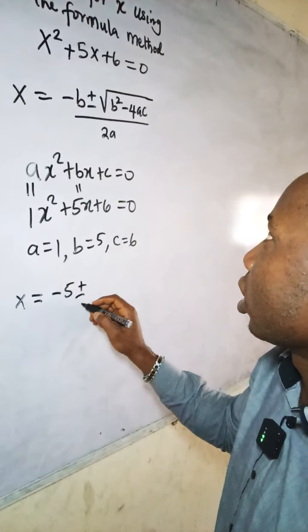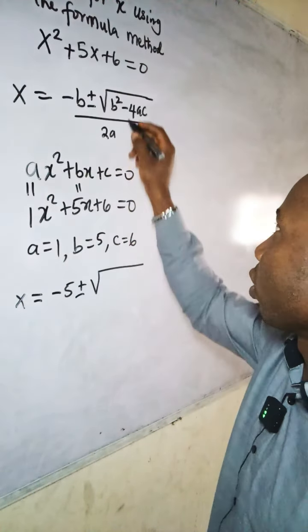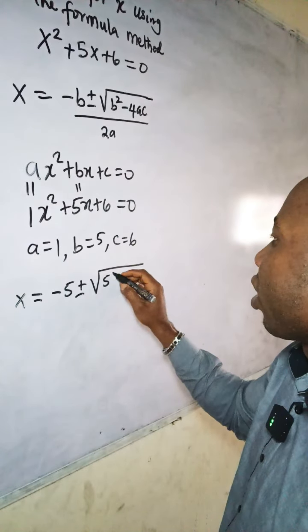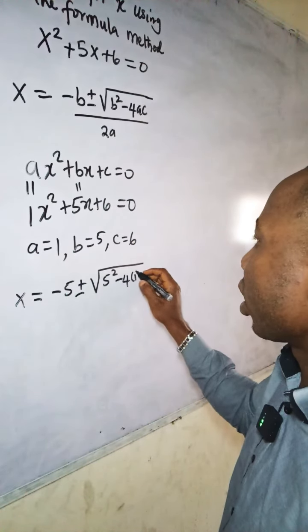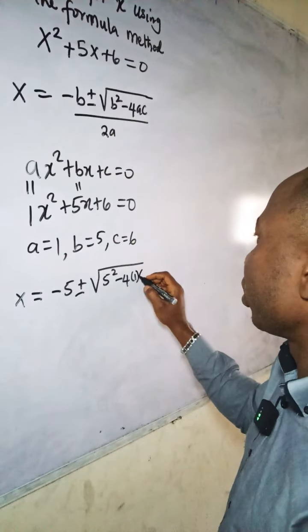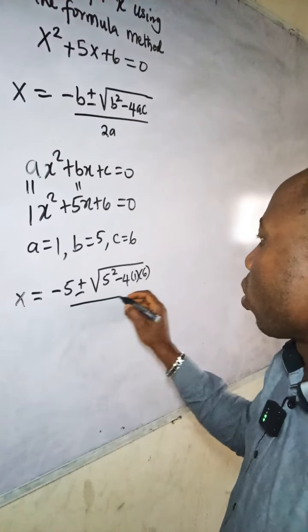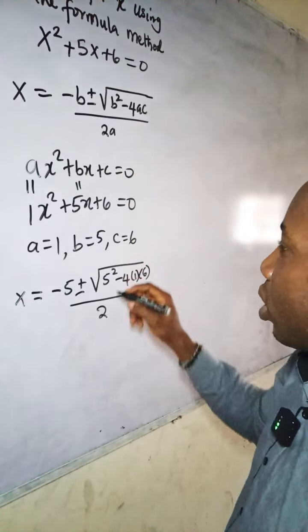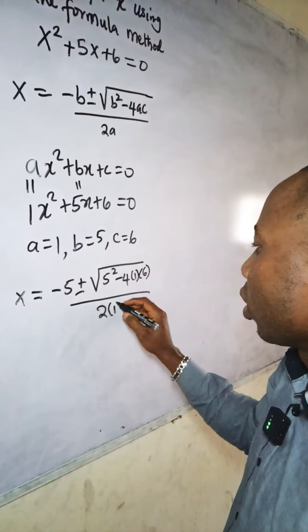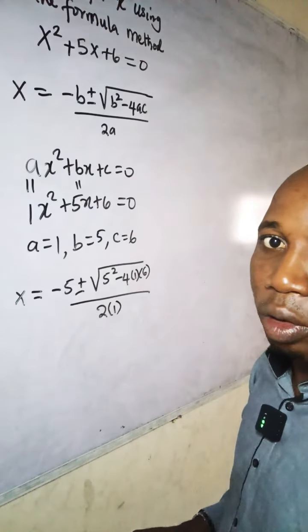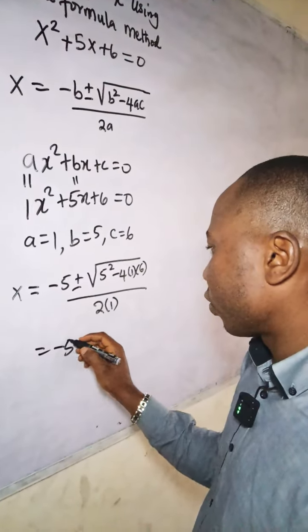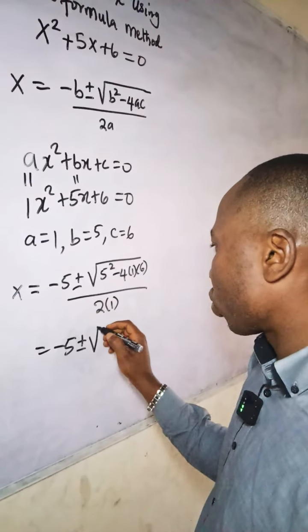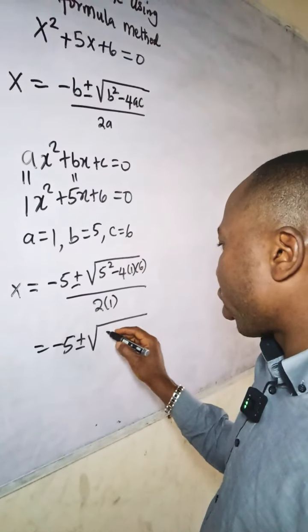Then plus or minus the square root of, instead of b squared, it will now be 5 squared minus 4, instead of a will be 1, and then c will be 6, all divided by 2 times a. Instead of a there, we'll still put it as 1. So from here, that means we'll be having minus 5 plus or minus the square root of 5 squared is